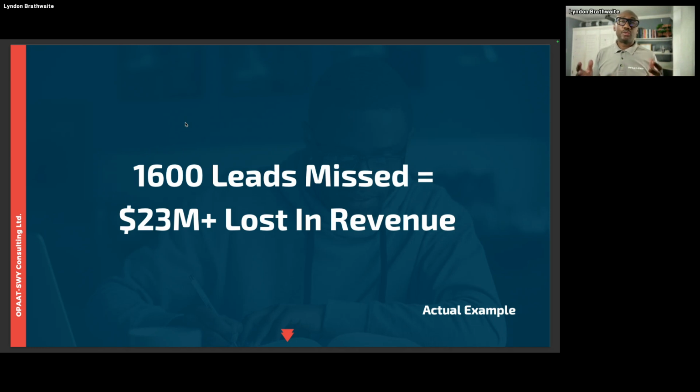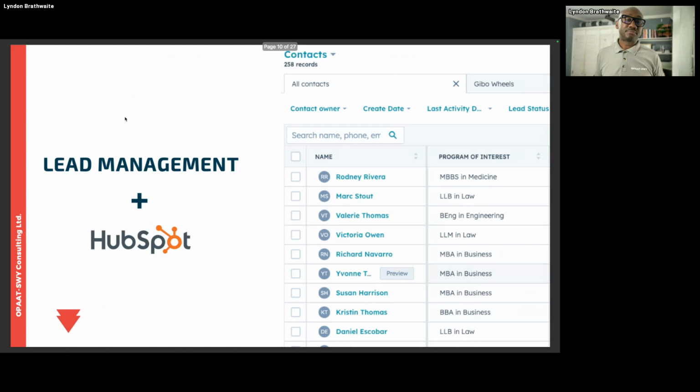So again, if we're looking at it in context where demand is high inside of higher education, and we know that sometimes higher education doesn't always have sales reps per se, marketing may have to do certain things to follow up, or the person who's acting in the role of a sales rep may not always have the right skill set, or may not be as organized, or may have to be juggling different things. Then what's going to happen is some of those leads are actually going to get lost, right?